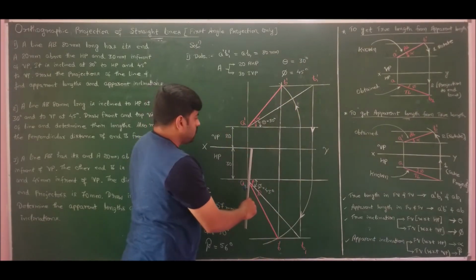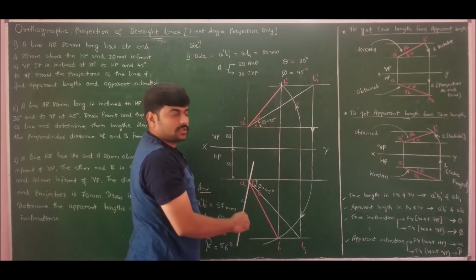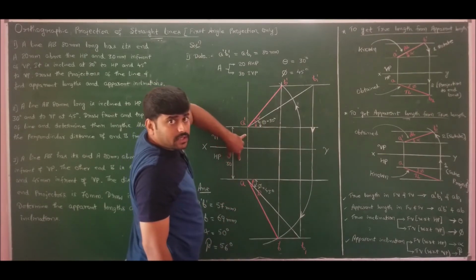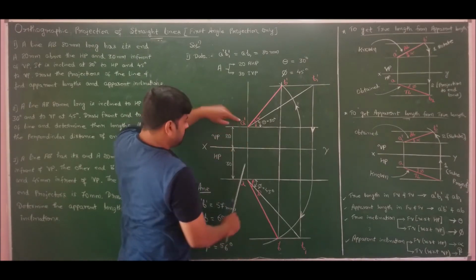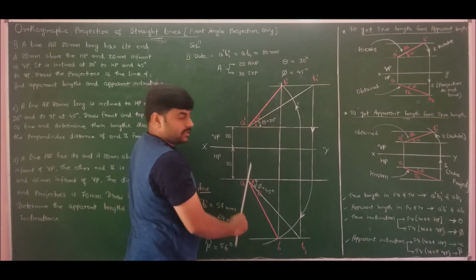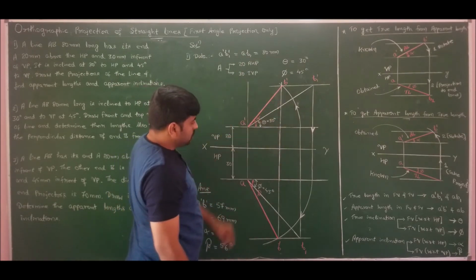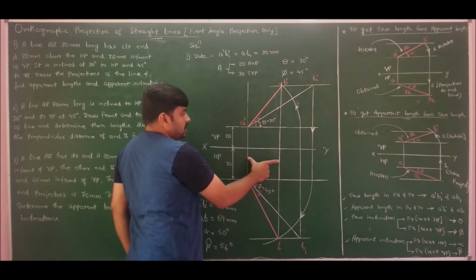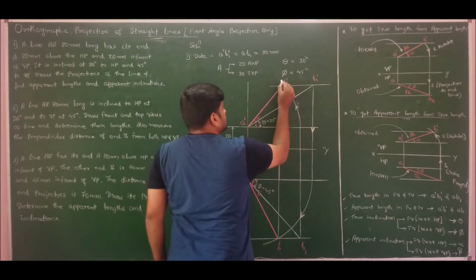So if I draw two vertical lines which are parallel to each other passing through the end points of the apparent line, that is A dash and A, passing through which I will draw a vertical line. B dash and B should pass through the same vertical line, so I will draw two lines. So the distance between these two lines is termed as end projector.